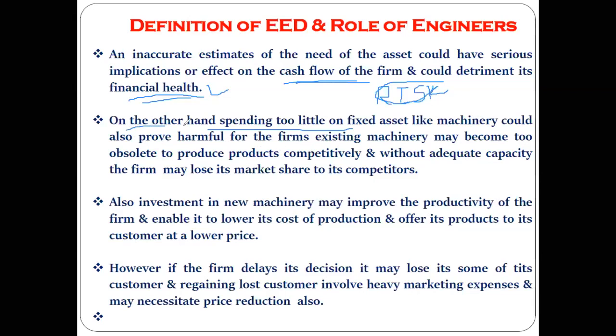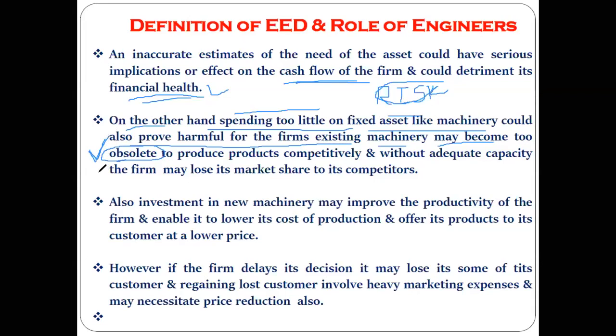The same point I have made here. On the other hand, spending too little on the fixed asset like the machinery. Spending too little म्हणजे काय की ती मशिनरी रिप्लेस न करता तुम्ही जुनीच मशीन यूज करताय. अंडरस्टूड? That is the meaning of spending too little on the fixed asset like the machinery could also prove harmful for the firm. Existing machinery may become too obsolete in the sense की तुमची जी जुनी मशीन आहे ती वर्किंग कंडिशन मध्ये आहे,